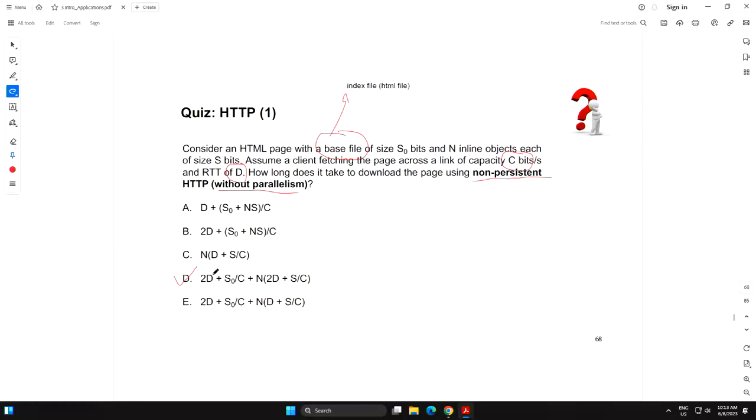So you can see the way it shows you here, it has done some manipulations. So where is this 2D coming from? This 2D is coming from downloading the base file, right? One is for TCP and one is for HTTP, 2 round trip times.